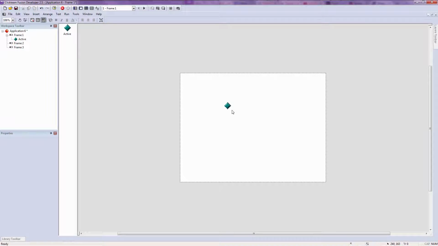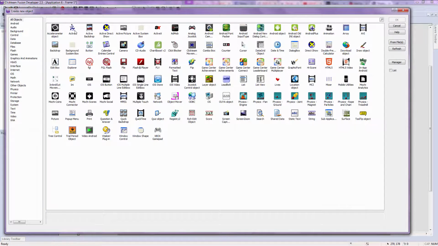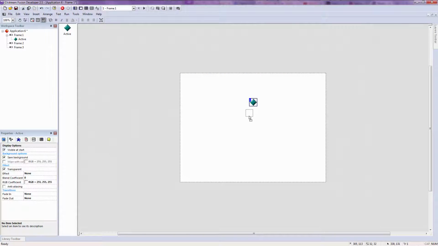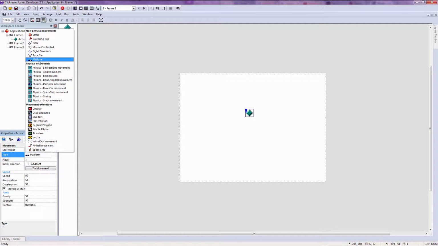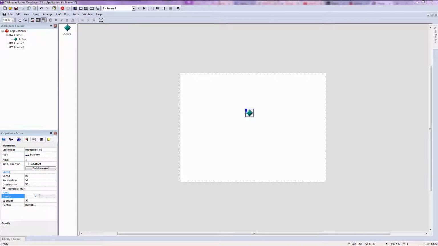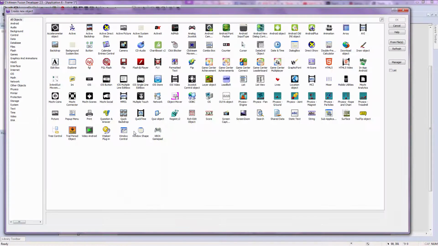So what you are going to do now is double click, then double click on active object. While you still have your active object selected, you're going to go to the movement tab and go to the type, then select platform for that type. Then you're going to change the gravity to 20 so it jumps higher, and double click again on the empty canvas,